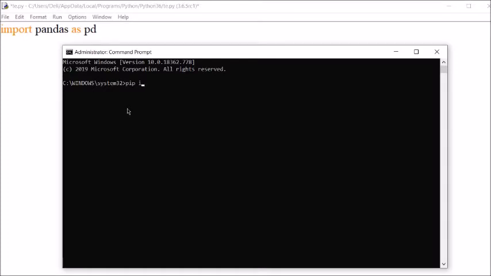Simply use pip install pandas. That's it. I have already installed it, so you can see after some time it will display requirement already satisfied. So it will not install it again. Before that, it's going on in the backend.